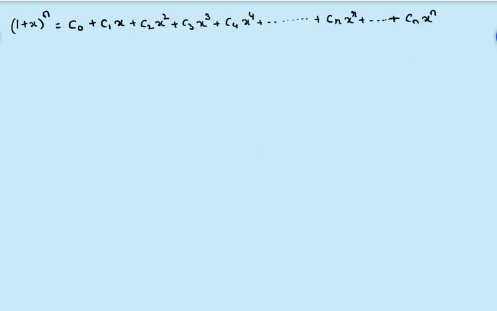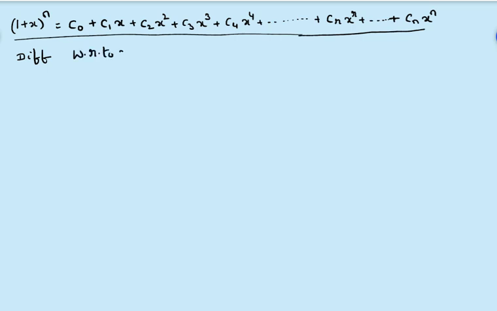You know that the expansion of (1 plus x) whole to the power of n is this one. I hope everyone is familiar with differentiation. Now differentiate both sides with respect to x. Differentiating both sides with respect to x, then what we will get? N into (1 plus x) whole to the power of n minus 1 is equal to C naught,